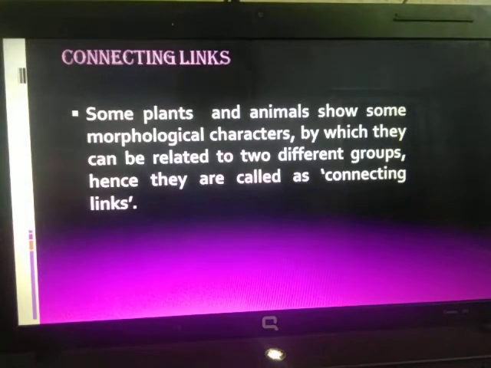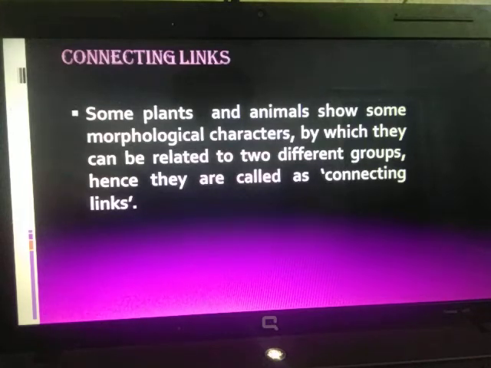Now, certain plants and animals show some morphological characters by which they can be related to two different groups. Hence, they are called as connecting links. Now, what does this mean? You have already studied what is morphology. Certain plants and animals are showing certain characters which may be similar to two different groups. And since they are similar to two different groups, they might be said to be the connecting link between these